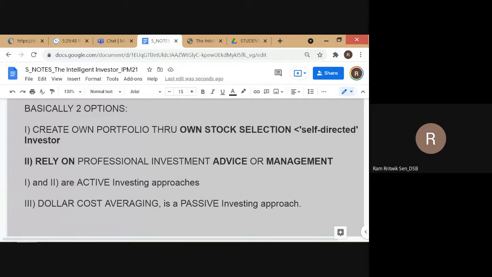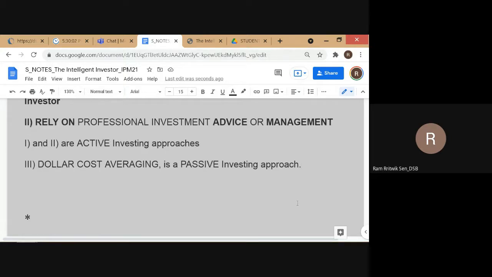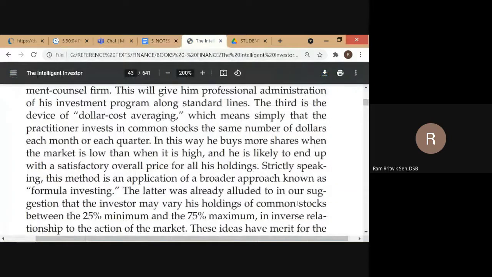You're not trying to time the market or do any kind of selection. You may have some kind of broad selection strategy, or you can do this with either investing in a broad range of stocks or investing in an index fund. But dollar cost averaging is definitely a passive investing approach because you're not trying to time the market. So, more shares when the market is down, but more shares is not really important. What is important is value. So, more shares or less shares is not important. So, anyway,